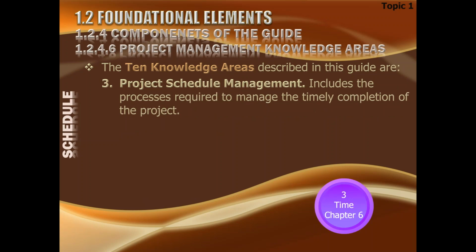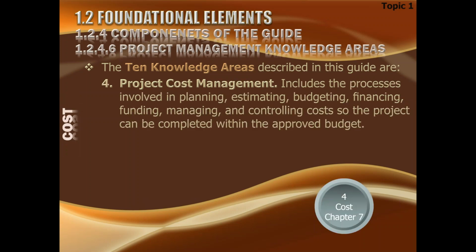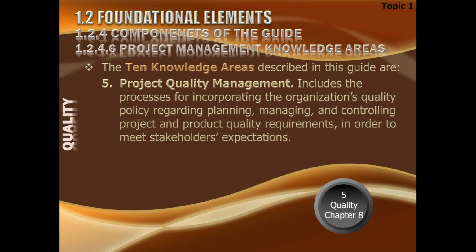In schedule, we are focused at timely completion of the project. So this will deal with all those processes dealing with the schedule. Cost includes the planning, estimating, budgeting, financing, funding, managing, and controlling of the cost, so the project can be completed within the approved budget. Quality, naturally, we are concerned about the quality assurance and quality control. So organizations' quality policy regarding planning, managing, and controlling the project and product quality requirements in order to meet stakeholder